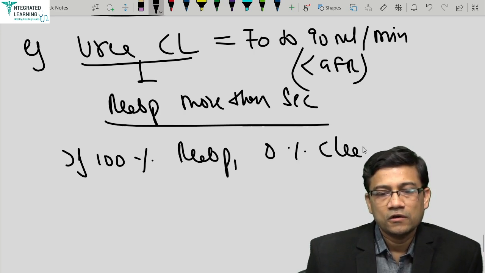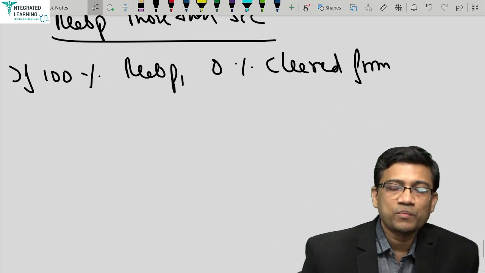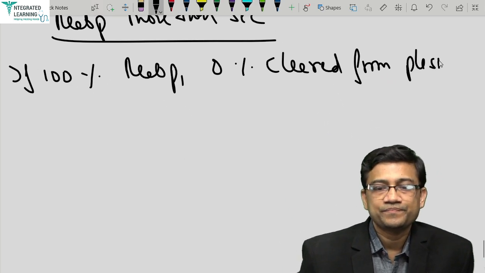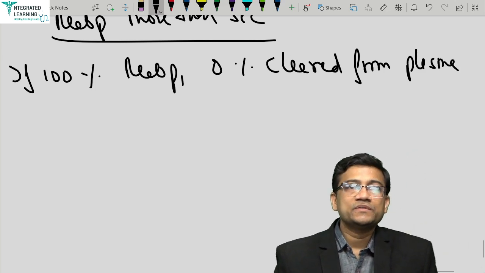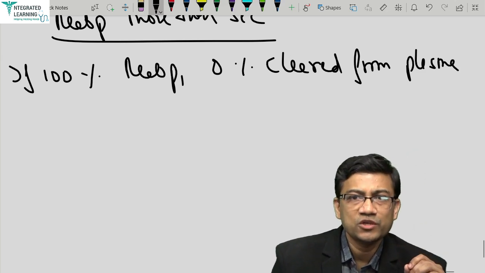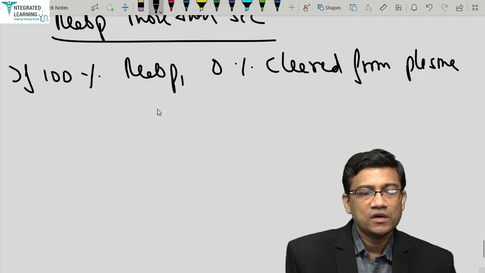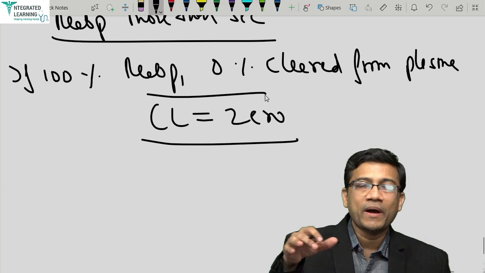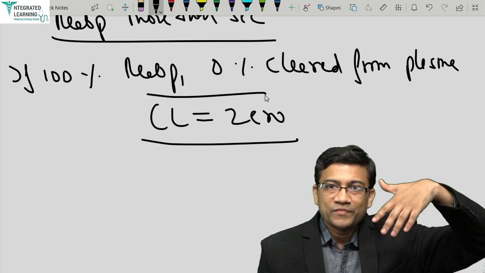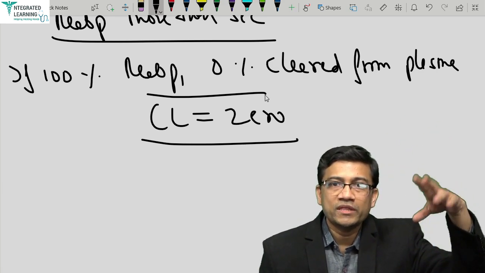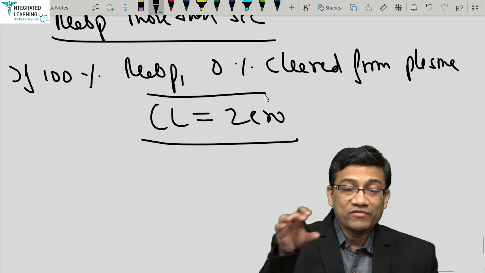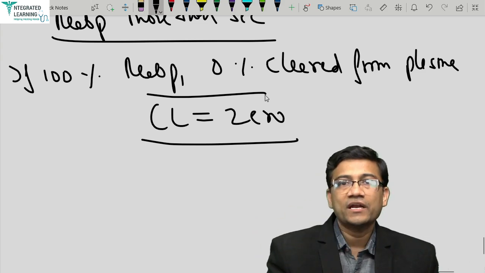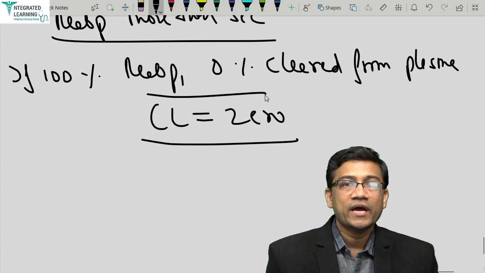0% is cleared from plasma, because it goes back to the plasma. So if there is 100% reabsorption, 0% is cleared from plasma, and clearance is now 0 because you have taken everything back to the plasma. You filter, and 20% of the substance is now in the urine out of the plasma. If you reabsorb it, the clearance value keeps getting reduced, and ultimately it can be as